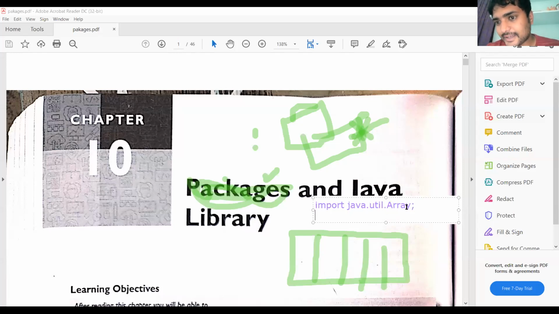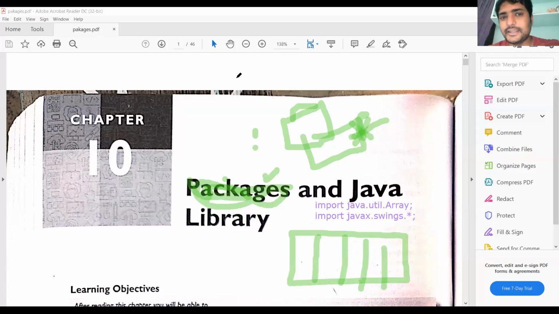So Arrays is a class defined in the package util, and util is a sub package of Java. Like that we have import javax.swing.*. So we have so many predefined packages in Java.